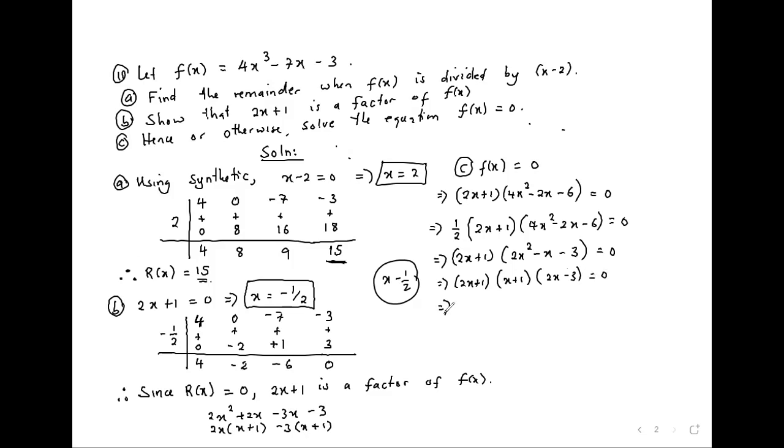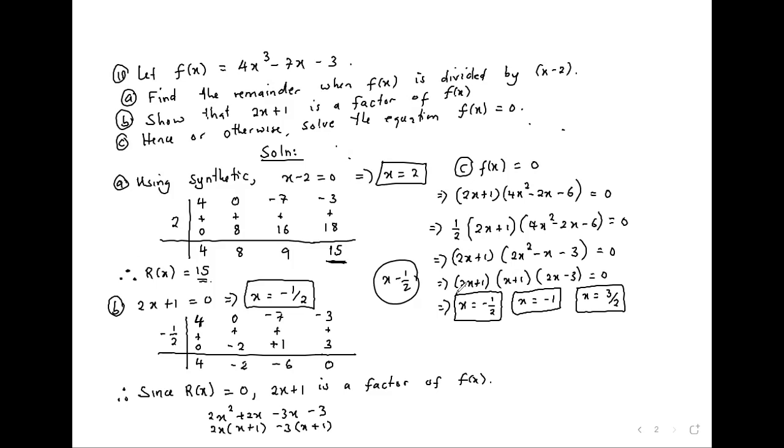Okay, and then you equate each piece to 0. So for the first one, we already know x is -half. For the second one, x is -1. For the third one, x is 3 over 2. These are the solutions. You see? So we get x is equal to -half, x is equal to -1, x is equal to 3